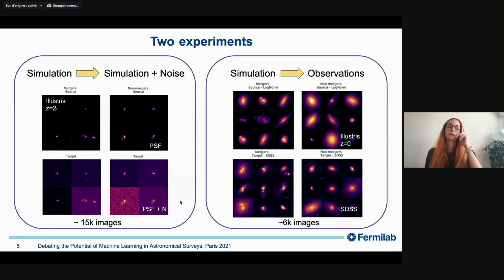And I was able to make around 15,000 images by this process. So this is a super simple example. And then we want to see if the domain adaptation methods will work also on a real example, a more complex example. So in this case, we look at the right part of the screen, and we have merging galaxies